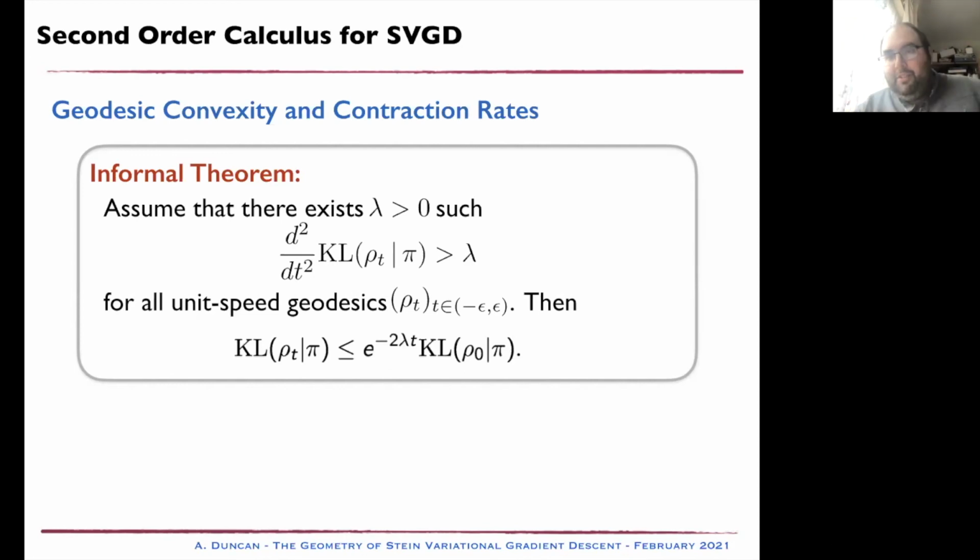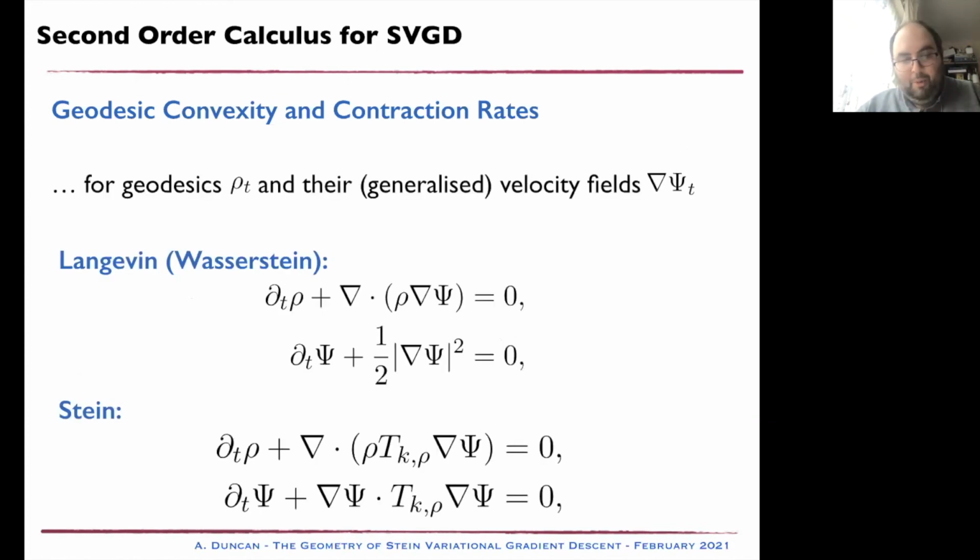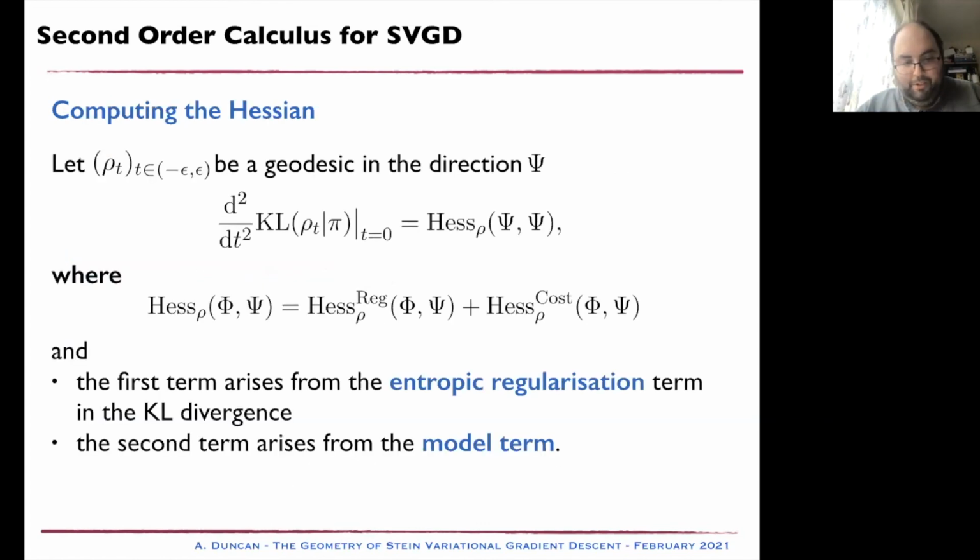And of course, if it's strictly convex with an appropriate rate lambda, then you can probably say something about the rates of convergence. And formally you can. If you can establish that the second derivative is bounded below by lambda, for some lambda greater than 0, for all unit speed geodesics, so now it's a manifold, so you have geodesics at every point and in every direction, then you can show that you get exponential rate of convergence to equilibrium. So we set out to show this. I won't go through the calculation. You can actually work out the geodesics in both cases. And so what happens